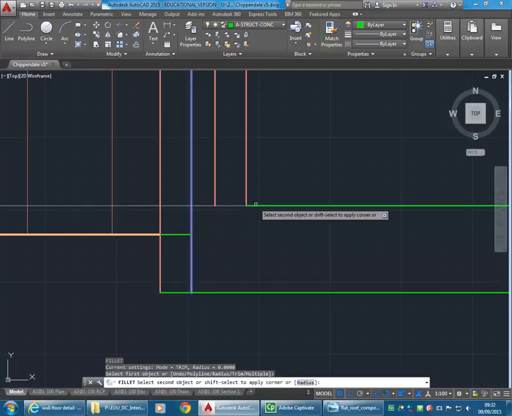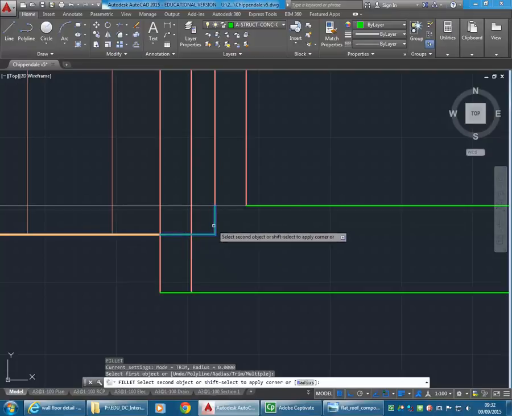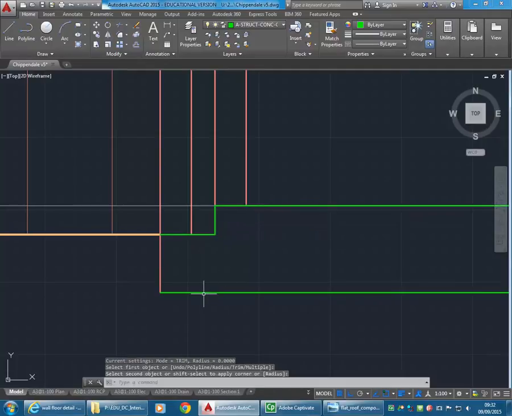So this one will join to... Oh, no, that's right. So this one will have another line coming down from there. Oh, I'm drawing on the wrong layer, so that's annoying. So the line coming down from there. That's better. And now I can fillet everything together. And so this line here would finish at the top of the slab, and so then to another